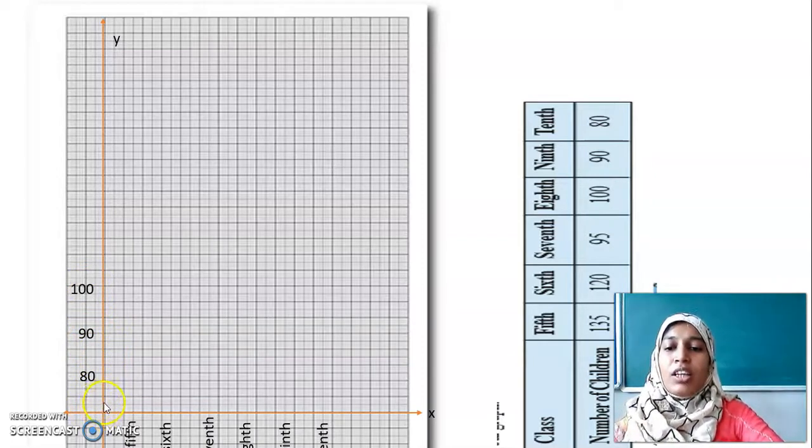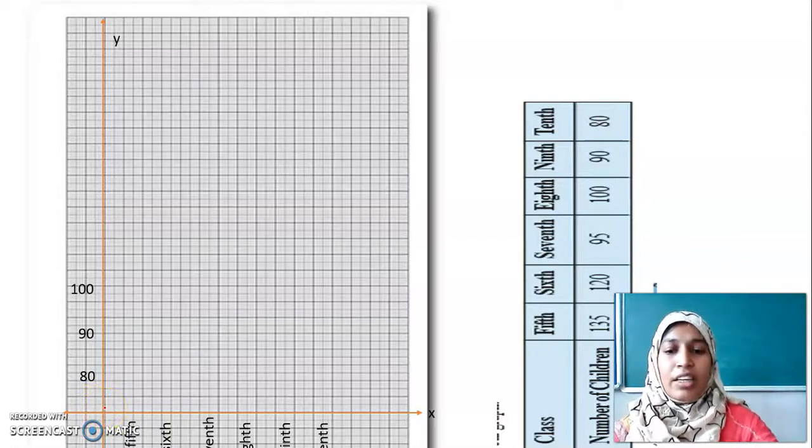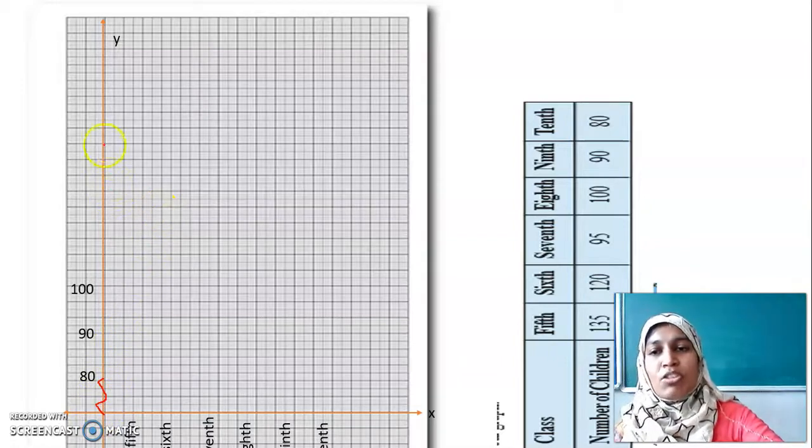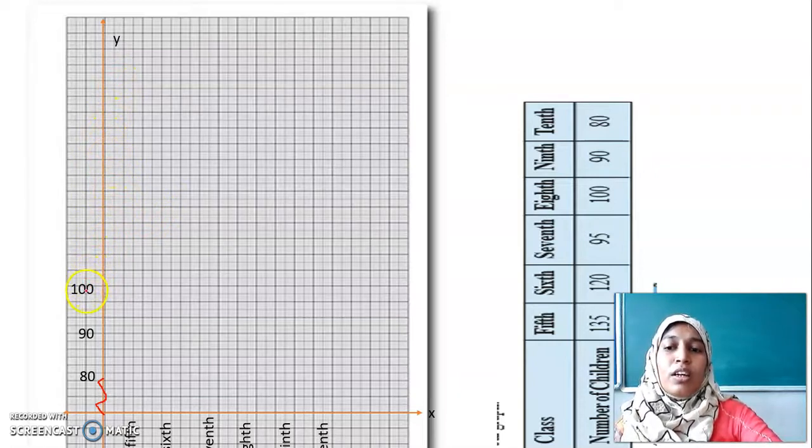To show this difference, you should use jagged line now. What is that? Jagged. J-A-G-G-E-D. Jagged line. It is a zigzag line. Zigzag line stating that I have skipped 0 to 70. If I have to draw all the values in some situation, I may not have enough place in the graph sheet to represent all the values here in the y-axis. That's why we are using this jagged line. Hope it is clear, my dear children. This is the new thing that you are learning today, jagged line.